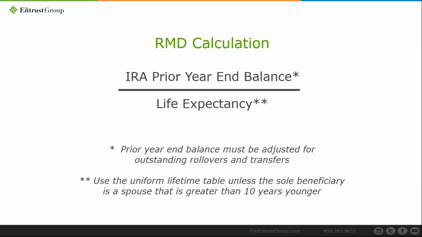And hopefully the IRA holder would be able to identify whether or not they did certain things such as take a distribution in the prior year that they're rolling over, or they processed a transfer that did not hit the receiving IRA until the subsequent year. The next thing in the formula is what we call a life expectancy